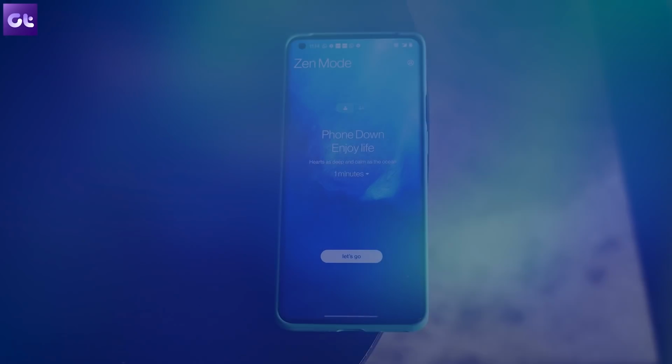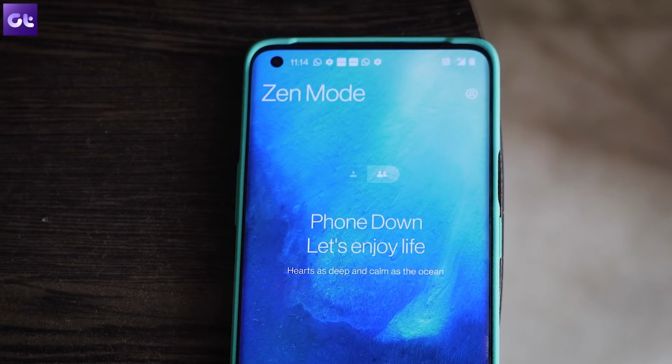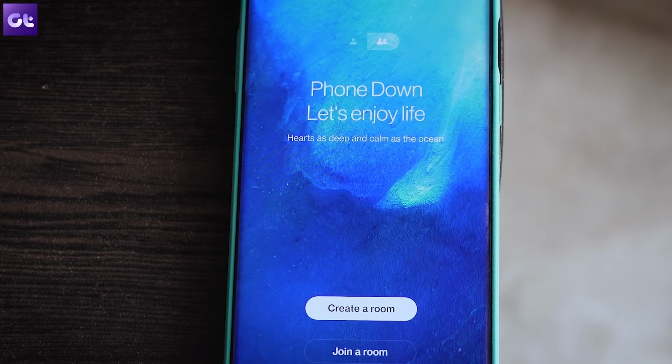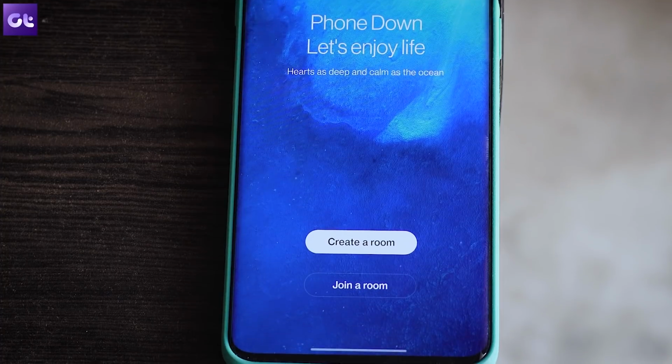Now the Oxygen OS 11 also brings out some new changes to the very well fancied Zen mode. You get 3 new themes here, namely the ocean, the universe, and nature. There's also the option to have Zen mode with friends too. Personally, I don't quite get the logic behind it. I mean, who's doing Zen mode with their friends? Maybe if you're out in a restaurant having a meal and all of your friends just want to enable that Zen mode while having a meal, or if you're working and your boss just wants all of their employees to focus, so he just enables Zen mode on all of his employees. I don't know.